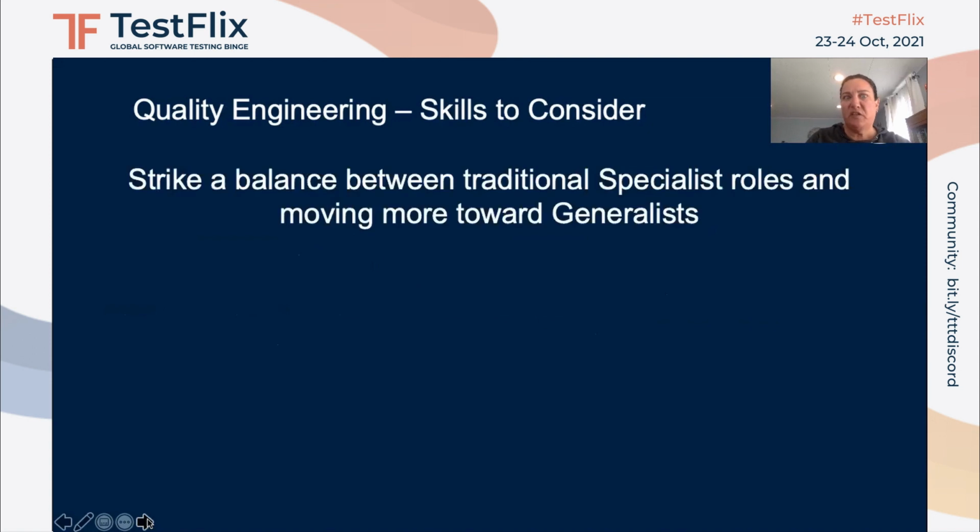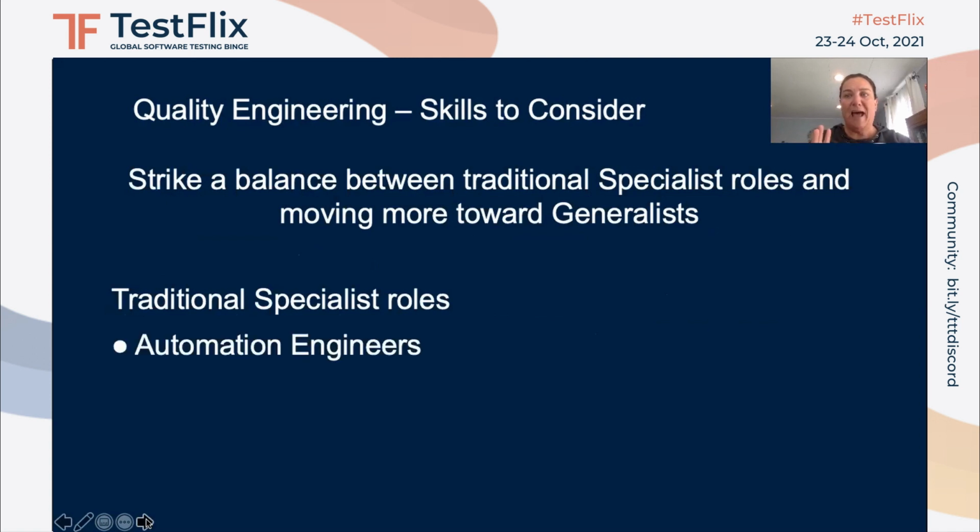So skills to consider when we talk about quality engineering. Some of those traditional specialist roles that you may have experience with, automation engineers, right? Where you would have a tester that would take care of testing the software and working very specifically with the product team or the project team. And then we would hand off that work to automation engineers because their skill sets were more advanced or more technical than our general testers that were on the team. So we generally created this specialist role and passed off a lot of work to automation engineers. We generally did the same thing with performance engineers as well.